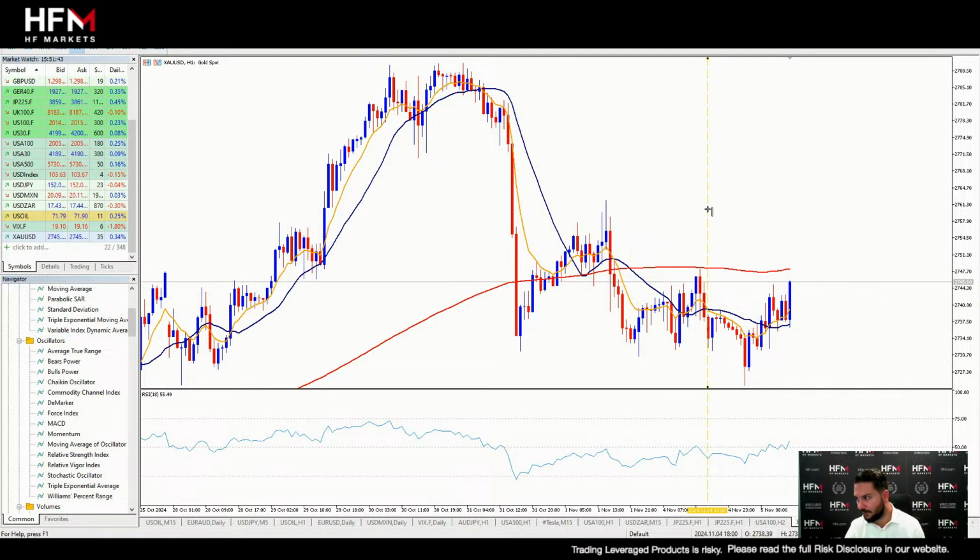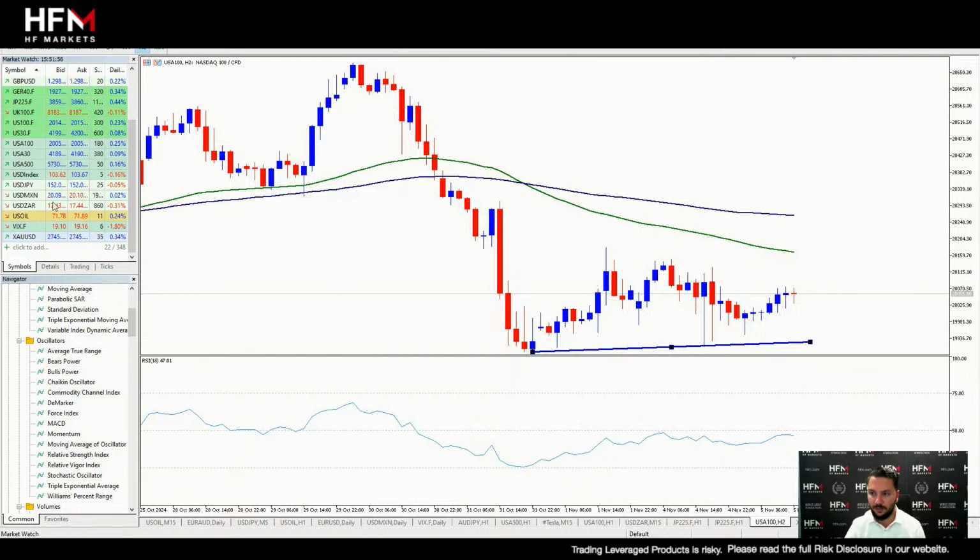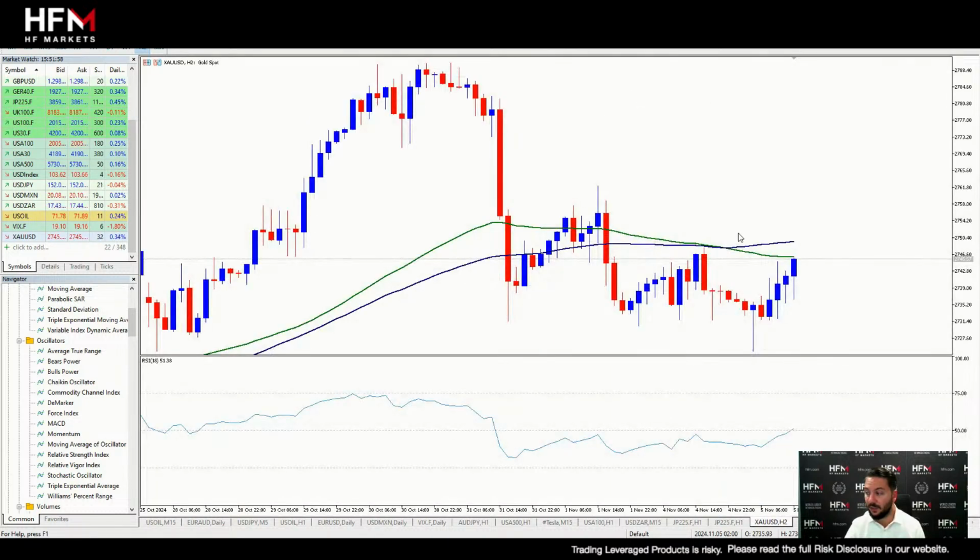Let me just check the date here. This was the 4th, so this was yesterday. So no, not a weekly high just yet. But it's attempting to go above that 200 bar simple moving average. If we go to a 2-hour time frame, again, we're trying to attempt to go above the 50, the trend line, and the sentiment line as well. We're attempting to go above that.